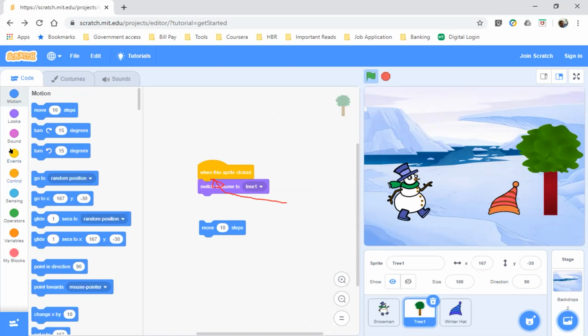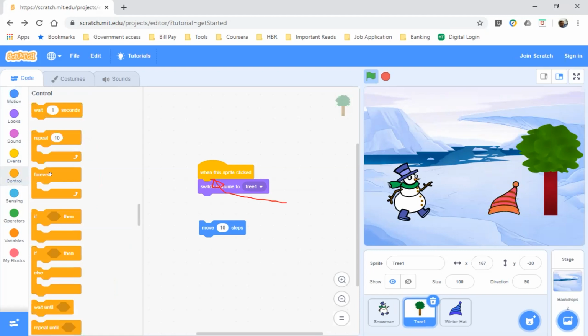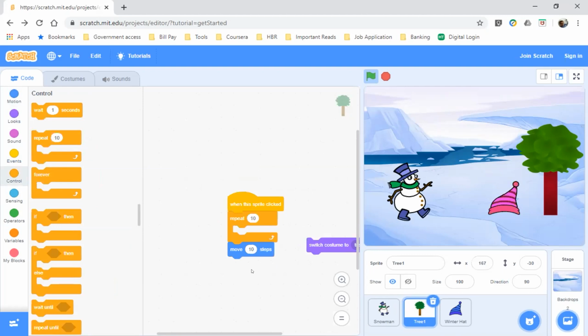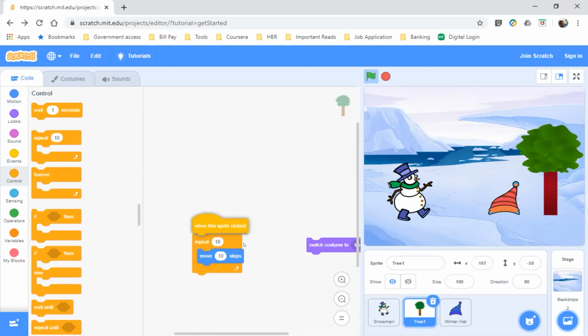Let's go back to control. Drag and drop the repeat block. We want to repeat something continuously. Place it over here. Okay, very good. Then drag this one and place it over here.